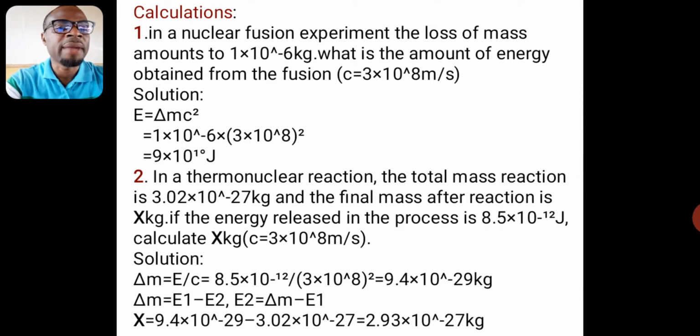Then that will give us 9.4 times 10 raised to power minus 29 kg. So that's our difference in mass, or mass defect. Now, using the formula again, the mass defect will be given by initial mass minus final mass. Recall that our final mass is x, so our final mass, which is E2 now, is equal to delta m minus